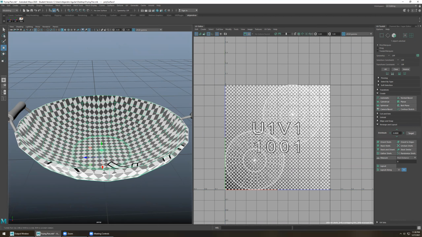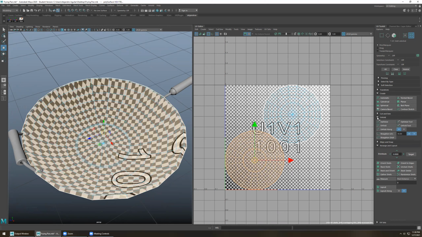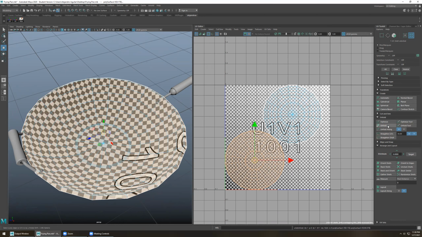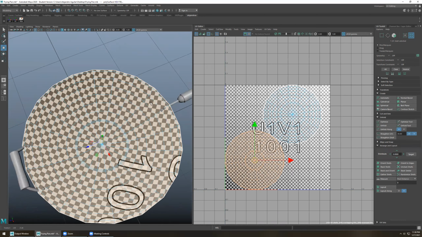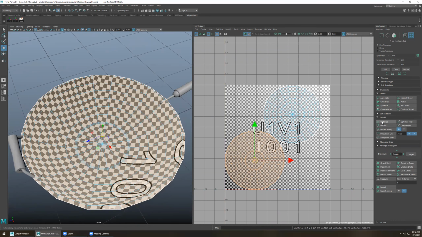So to remedy this, we're going to select the shell. We're going to come over to unfold. So in unfold, we have optimize, unfold, unfold along, straighten UVs, etc. I'm just going to choose unfold, and already we should be getting a more square, clean look. There's a bit of stretching still, but it's not as bad as it was before. Honestly, hitting between optimize and unfold for a little bit will yield